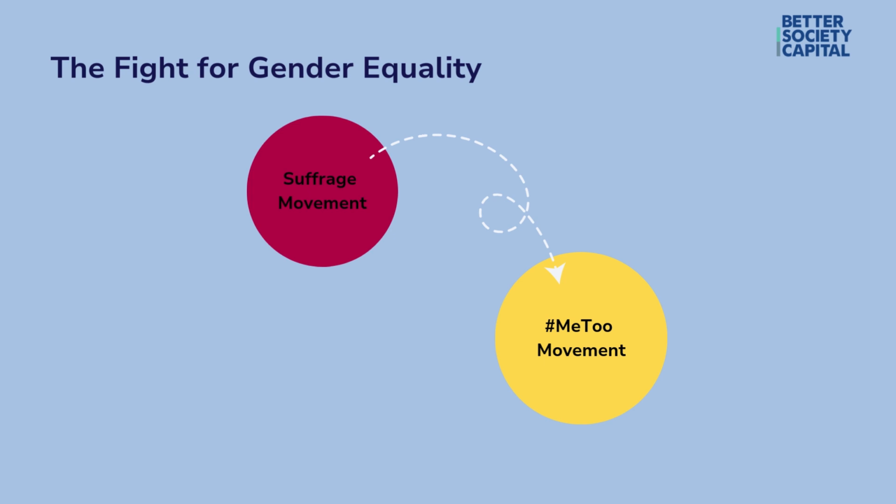The Me Too movement. This originated in the US, but with global impact, and sparked conversations and activism around issues of sexual harassment, assault, and gender-based violence. In the UK, Me Too has led to increased awareness, advocacy, and accountability for perpetrators of sexual misconduct across various sectors, including politics, media, and entertainment.